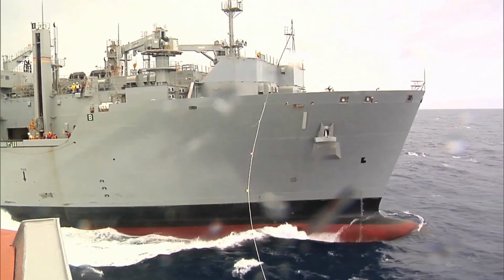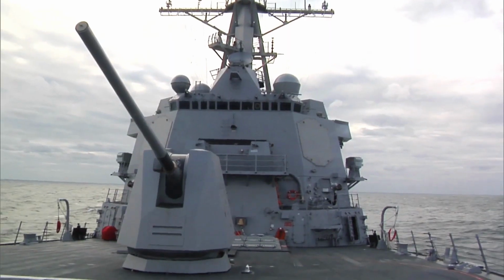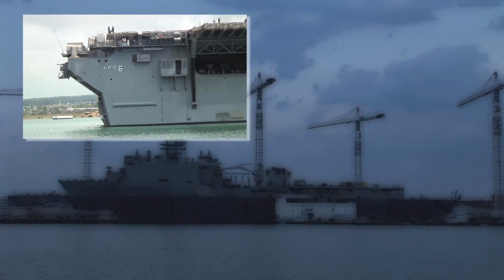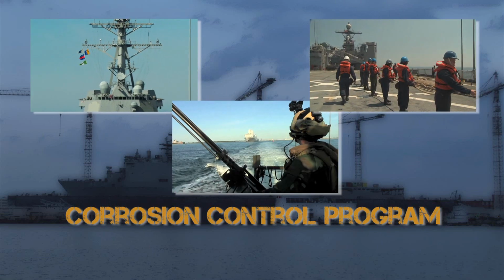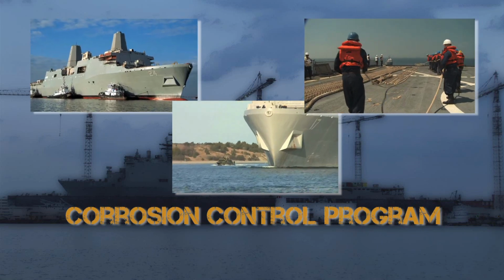The Navy has been dealing with corrosion as long as there's been a Navy. A ship deteriorates if it is not maintained. We cannot permit corrosion to impede our readiness and our availability of our ships. Achieving expected ship service life is vital to sustaining our fleet. The Corrosion Control Program for surface ships has been established to effectively address corrosion challenges during acquisition and throughout its